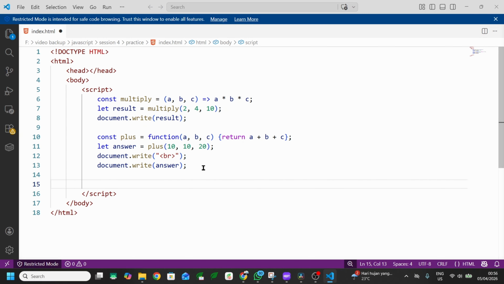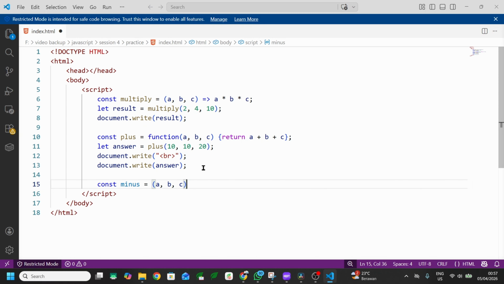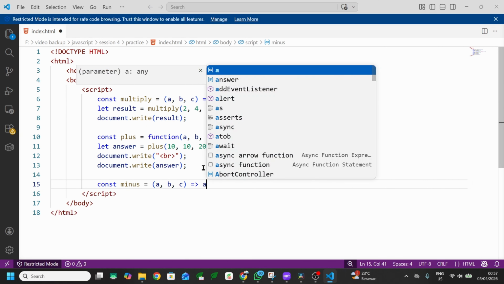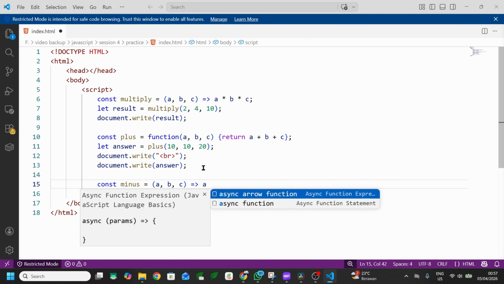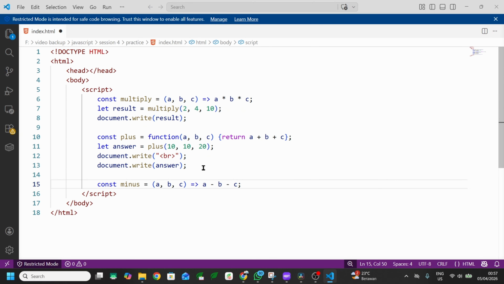For example, I will give the name of the variable as minus with the const type, and there are parentheses that contain A, B and C input parameters followed by the equals greater than, and this means to return the parameters, for example A minus B minus C, just like this.